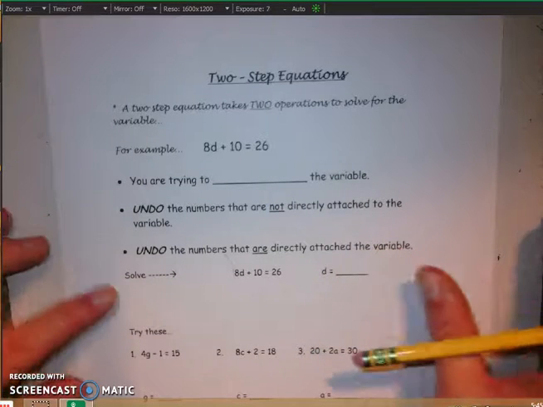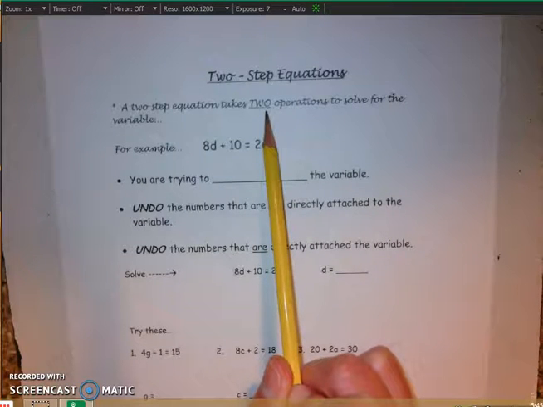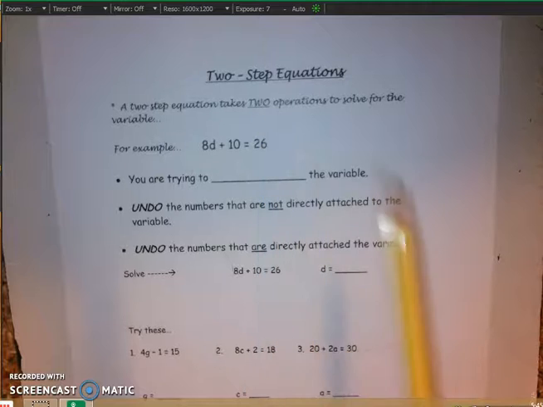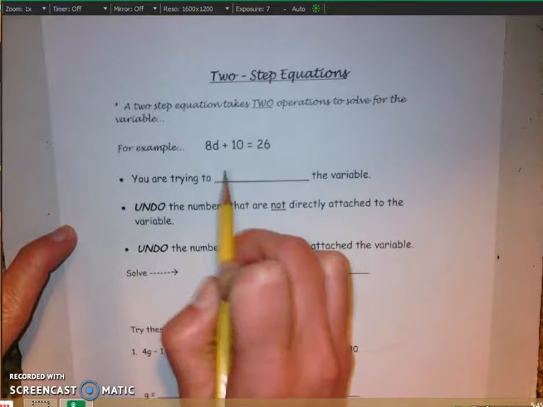Okay, we're going to look at two-step equations now. A two-step equation takes two operations. We've been doing one-step equations. So here's an example of a two-step equation. You're still trying to isolate